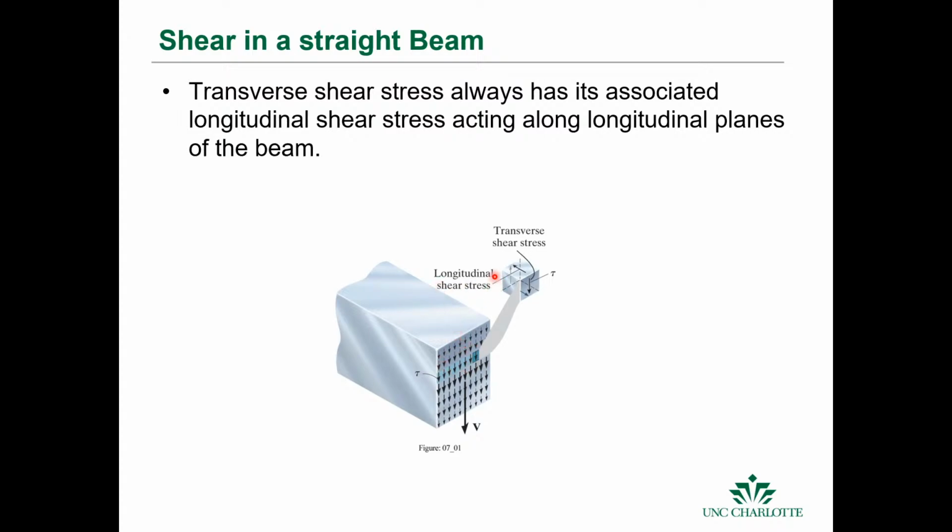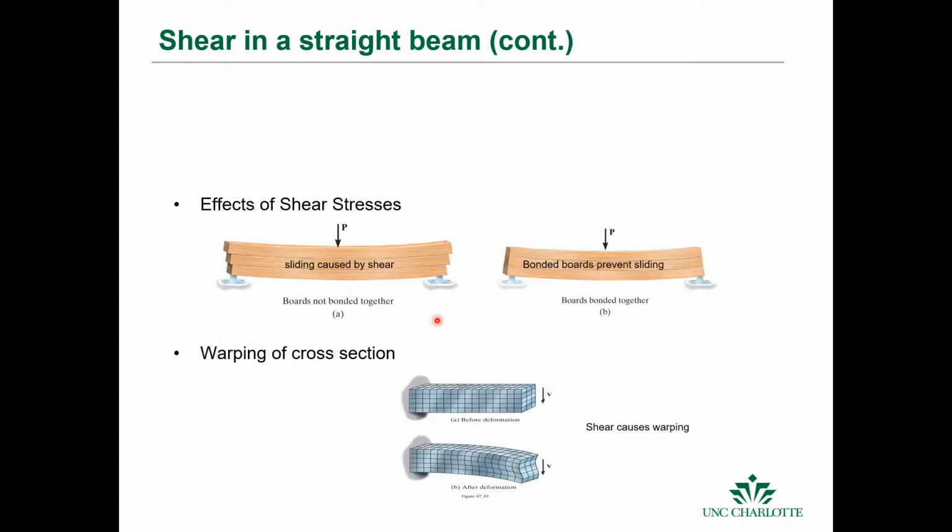It's just important, I guess, to visualize that the shear is actually a shear stress, just like we have shear on an element. So when things can move, if you can slide, if you apply a load, say here on beams that are stacked, then the shear will actually allow it to slide. But if they're bonded together, then they're prevented from sliding, and then the shear forces in there actually cause warping. So you will get some warping due to applied loads in beams.